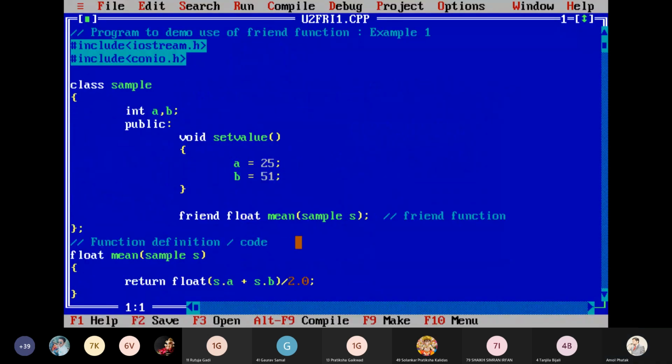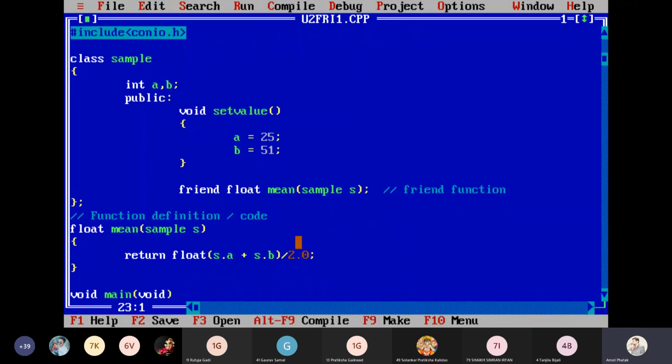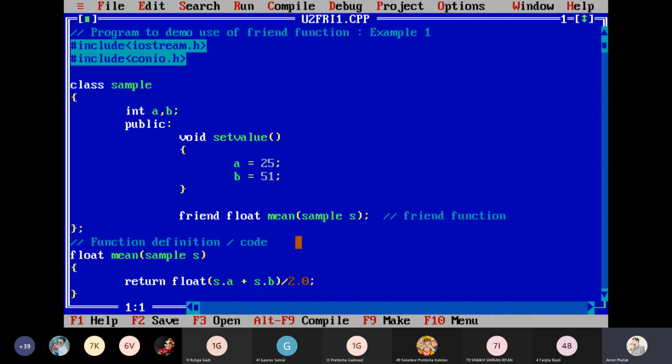Yes. Here I am not using two separate classes, so that is my first example. In the second example, I am having two classes, and both classes share one common function as a friend. That we do in the second example. Here I'm making it so it will be easier to understand. See, this is class sample.